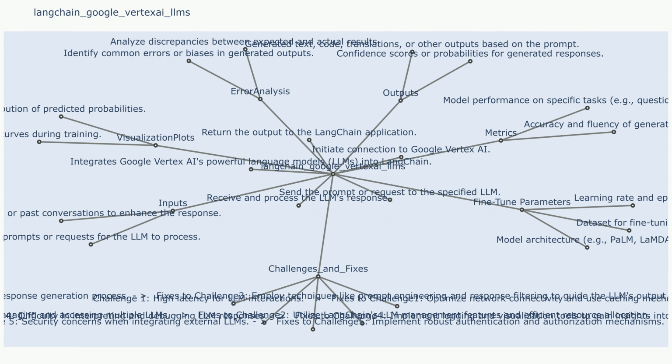Fixes to challenge 1. Optimizing model choice, selecting a model specifically designed for fast processing or using a smaller model that is appropriate for the task. Input preprocessing, breaking down the input into smaller chunks or using techniques like summarization to reduce the input size. Vertex AI service optimization, adjusting the configuration of the Vertex AI service, potentially by scaling up the resources allocated to